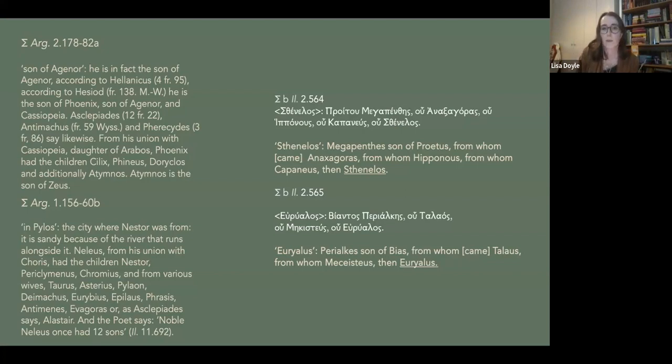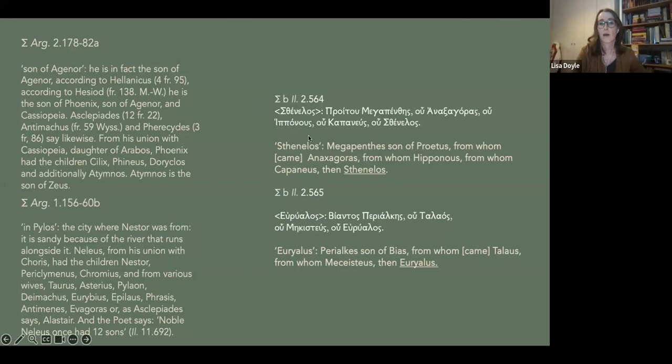To the right then of the PowerPoint, just to point out that this is not an isolated instance in the Apollonius-scholia. This kind of lists of lineages and genealogies we find elsewhere. These are just 2 brief examples from the Homeric Scholia, so the Scholia on the Iliad. And these comments occur during Homer's catalogue. So I spoke about Apollonius's catalogue of heroes. Homer has a catalogue of ships in book 2.